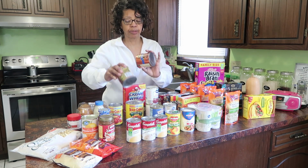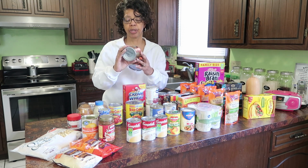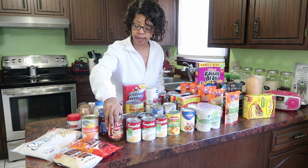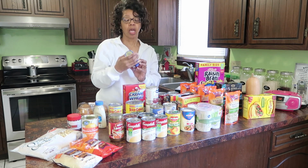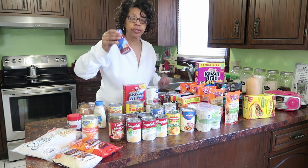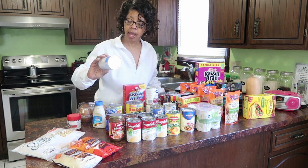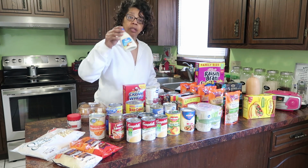I picked up some Bush's beans. I really like this particular brand. This one is the vegetarian and this one is their country style. But they're both very good. Some beef gravy. Cocktail sauce, and we're going to have that shrimp that I showed you earlier. So there's some sauce that comes with it, but sometimes we might prefer regular cocktail sauce. So I picked up some of that, and then a can of mandarin oranges just for eating, tartar sauce,